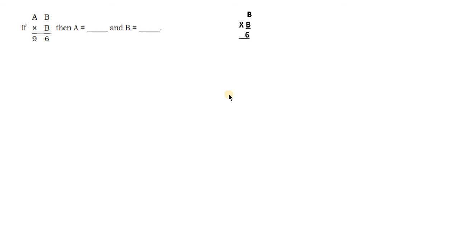When you think in terms of that, you will have 4 4 jar 16, where the product 16 ends with 6 in the unit place, and you can also have 6 6 are 36, the unit place being 6 and tens place 3. Okay, so these are the two possibilities. Means B can take either 4 or 6. These are the two values. Now we will have to check with the values 4 and 6 and find out a suitable option.